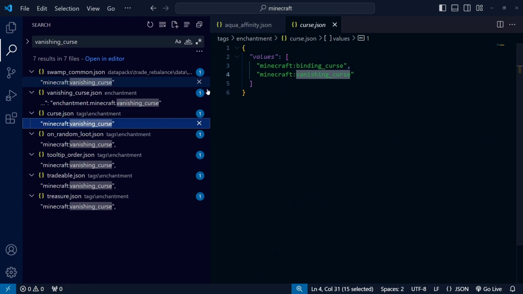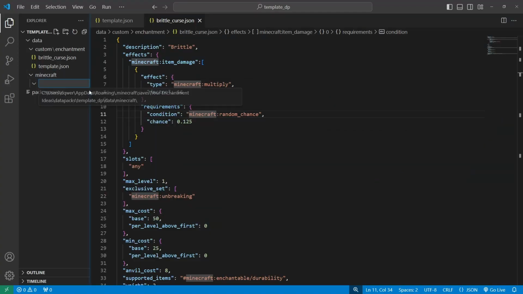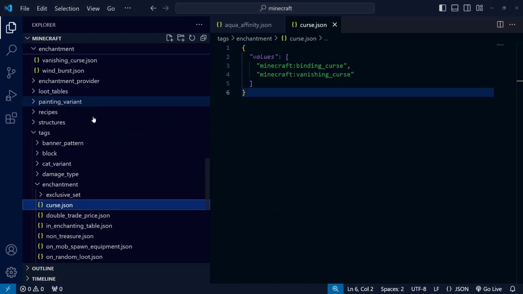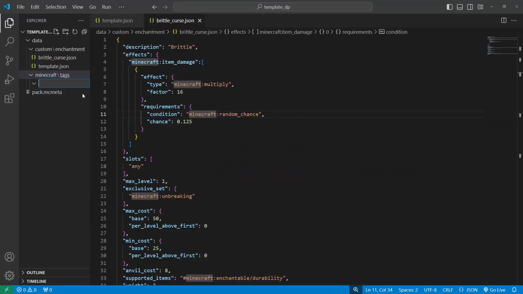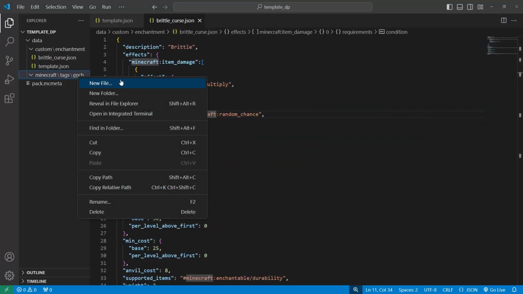So here we have an enchantment tag that determines which enchantments are curses. So we're going to need to go to Minecraft, tags, we have enchantment, and we have a